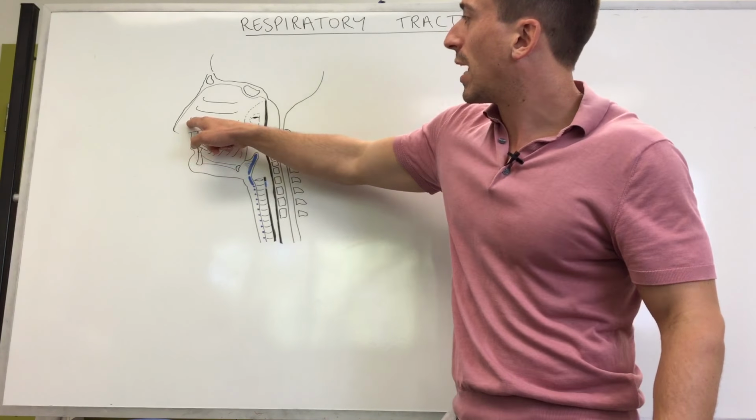So the cartilaginous C-shaped rings all the way down. How many of them are there? Of the trachea, around about 16 to 20 cartilaginous C-shaped rings. The opening of the C-shaped ring is at the back. What's at the back as well? The esophagus. So the opening of the C-shaped ring actually articulates with the esophagus, and this is important because as